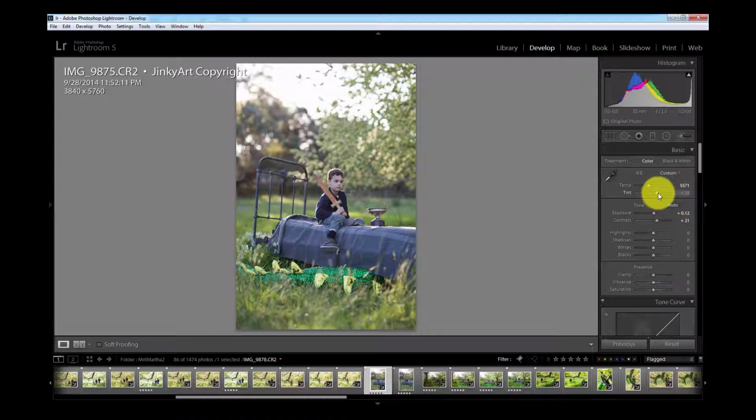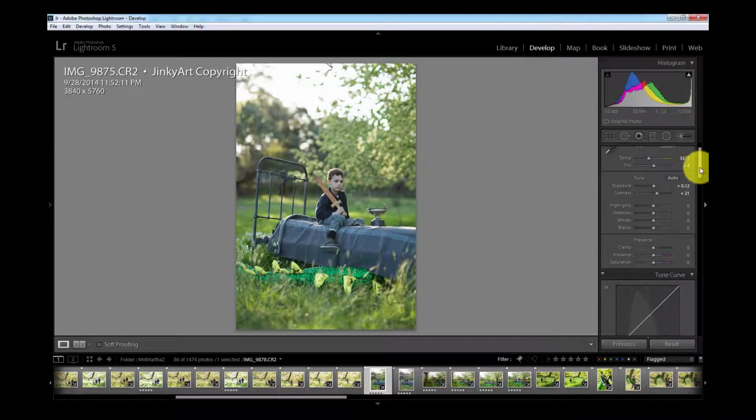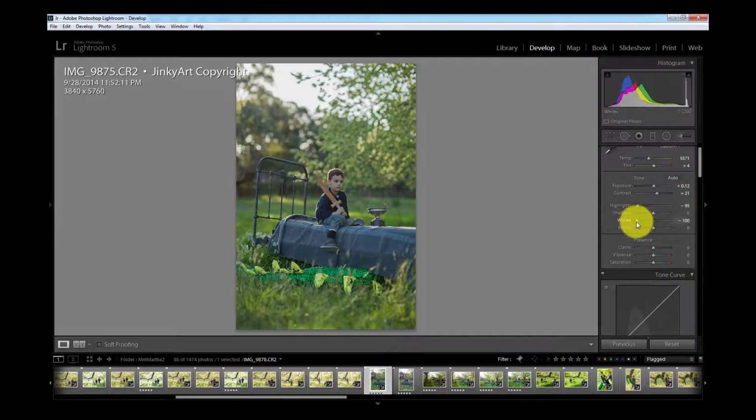And the tint more green, I think. Now I'm actually going to make this too green and then I'll bring it back. We'll see how we go. So the highlights all the way down, the whites all the way down. We might just bring that back a little. Let's put that on 79 just so that we have something to work with, so that we have some hair light, for example. And the shadows,